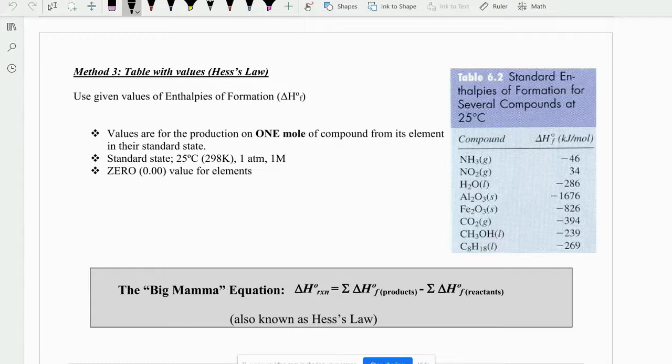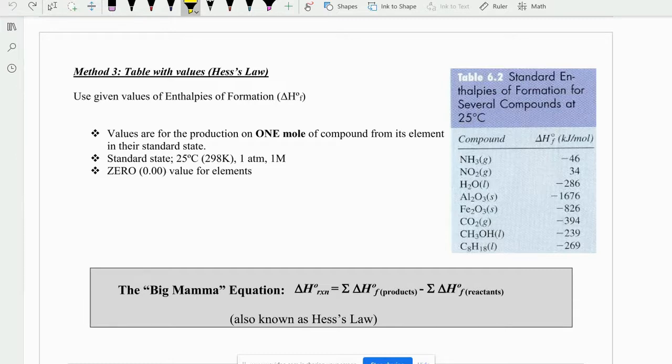Now, we're going to look at a formula here, and you can already see it on the screen. I call it the Big Mama equation. Again, don't write that on your AP test. I just kind of give it funny names for you to remember that this is actually an important equation. We call this Hess's law. And again, I'm going to draw your attention to it down here. Now, you don't need to memorize this because it's on your AP reference sheet, but you certainly need to know